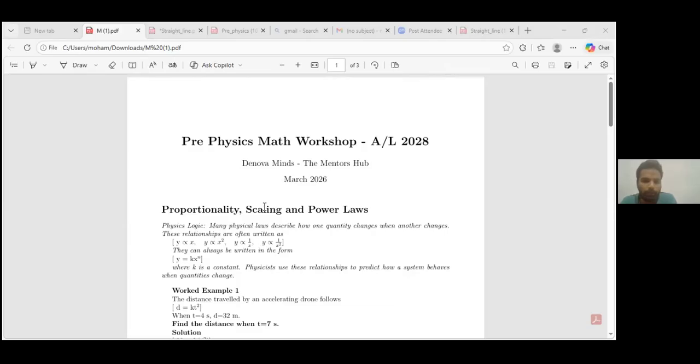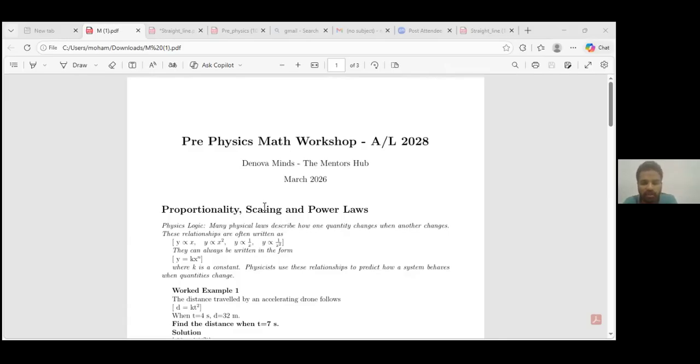Workshop. So as we discussed earlier, in this workshop what we plan to do is to teach you some math skills that you would need in order to do physics easily within the next 2 years of the course of your study. So we have already discussed several sections. So today we'll start off with